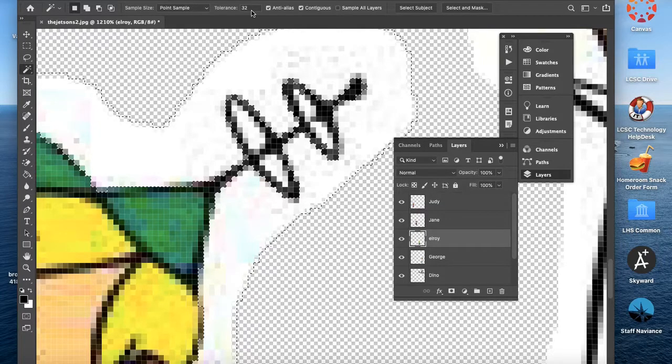I'm trying to word it correctly, but basically 16 shades darker and 16 shades lighter